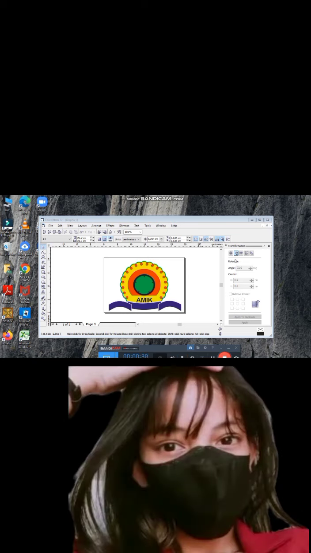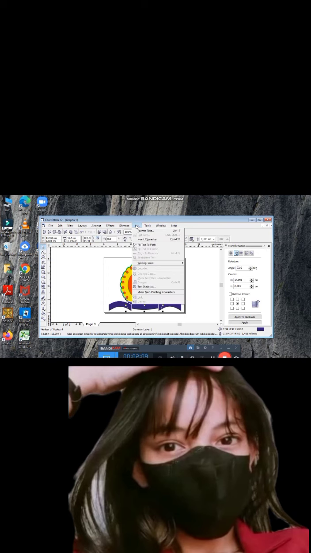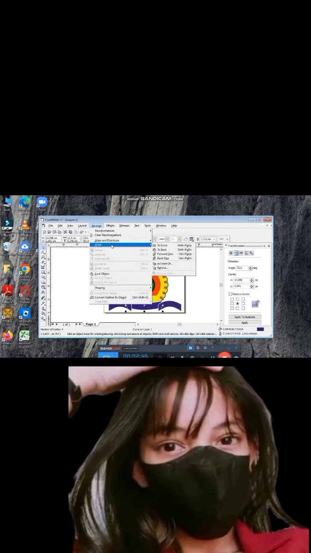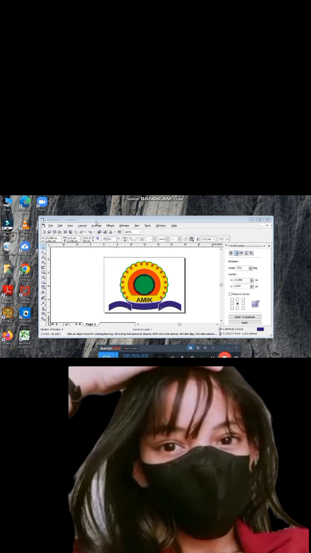The next step is to edit the text, namely the name of the company along with its abbreviation or motto. Click the text tool in the toolbox on the left with an icon like the letter A. The font used in the logo is usually determined by a company, business, or any brand.